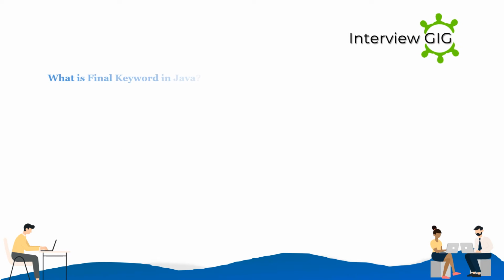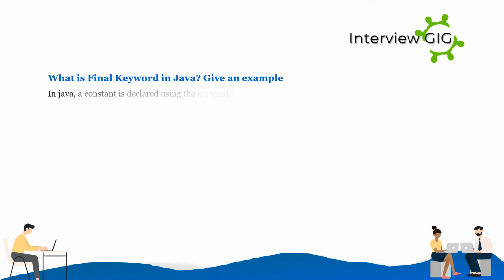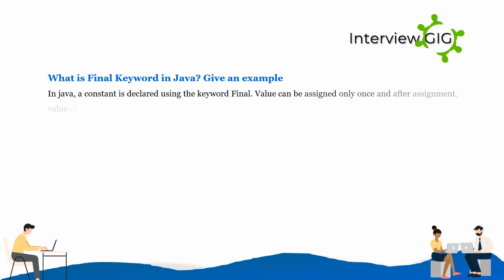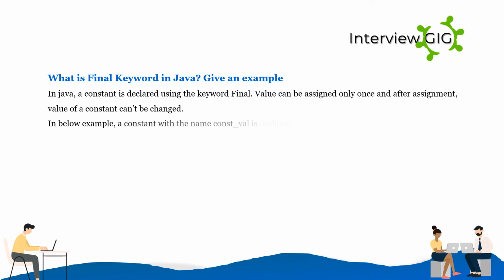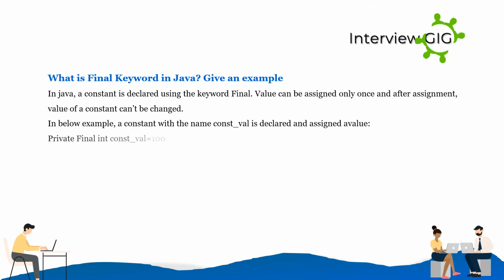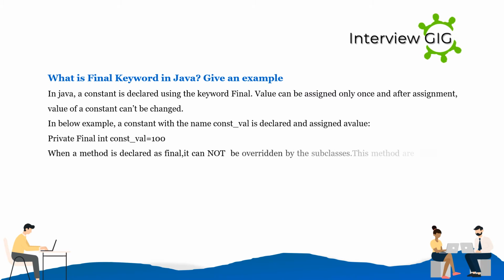What is the final keyword in Java? Give an example. In Java, a constant is declared using the keyword final. A value can be assigned only once, and after assignment, the value of a constant can't be changed. In the below example, a constant with the name const_val is declared and assigned a value. private final int const_val = 100;